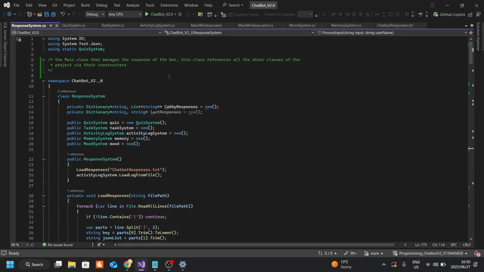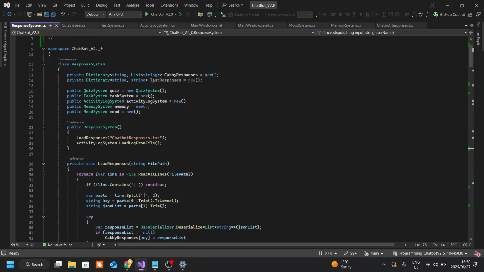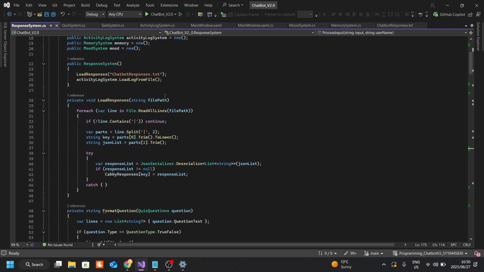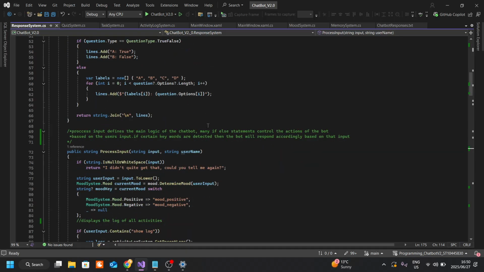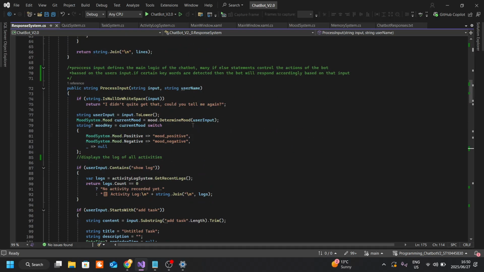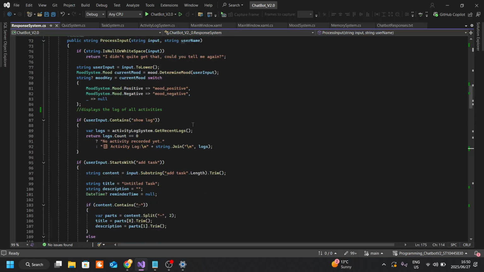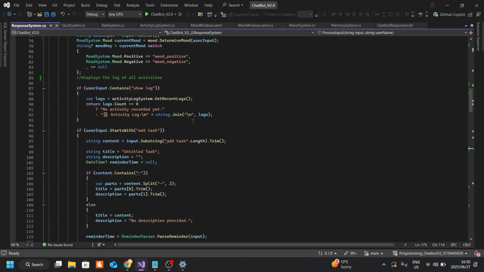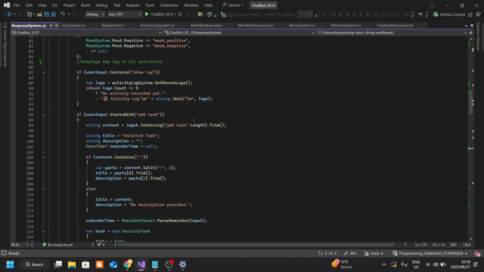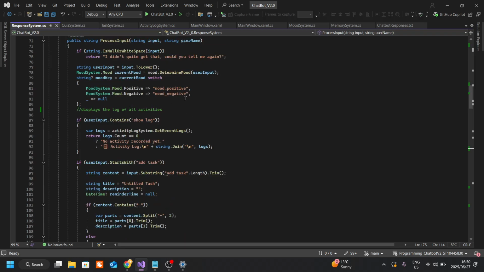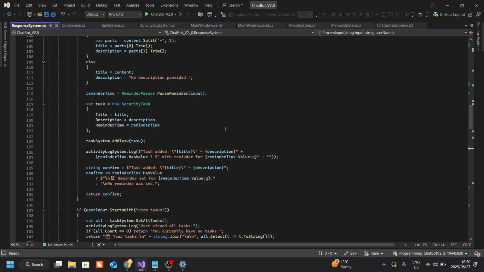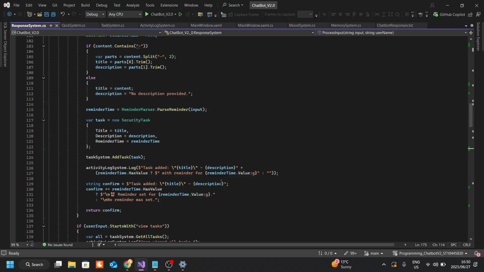So first, this is my main response class. Basically this class talks to everything else. It has the main logic for my entire code. I have a bunch of if else statements that outline that if a specific trigger happens, then the bot will respond accordingly. So we have our mood detection, and we have where if a task is added or